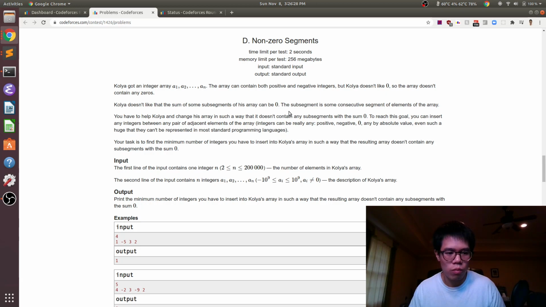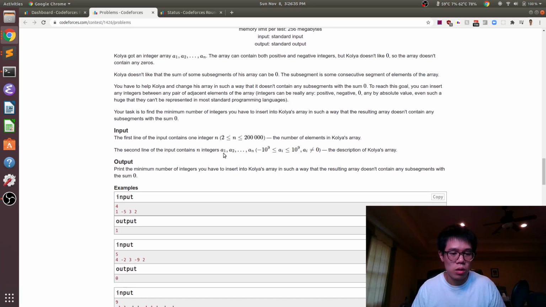And when we're thinking about subarray sums, what you should often immediately think about is prefix sums. So for example, if you have A1 through AN, then A1 plus A2 plus A3 plus A4 is a prefix sum. And the point of that is that any subarray sum is one prefix sum minus another prefix sum. And so when we're saying no subsegments or subarrays sum to 0, we're actually saying that no two of the prefix sums are the same. So that's the power of prefix sums here.